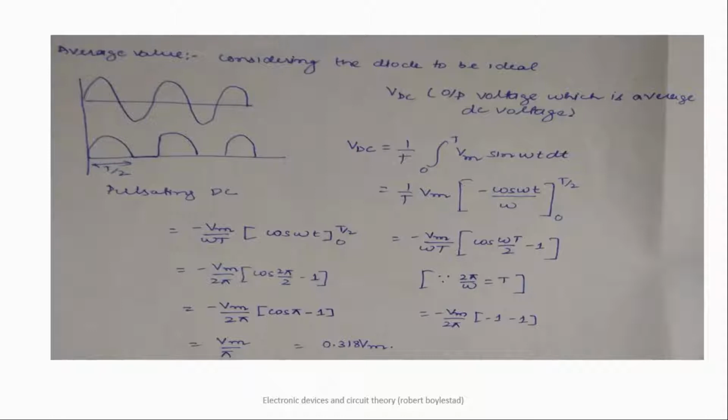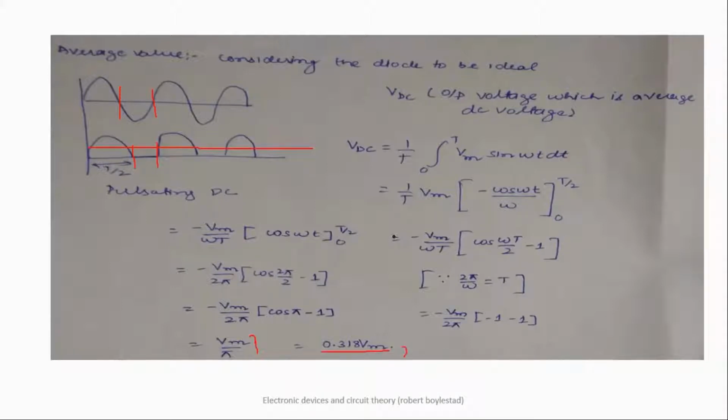In the case of a half wave rectifier, as one of the students was discussing with me, we are actually rectifying only half of the pulse. So is efficiency half? No, efficiency is much lower than that. Also, your DC is severely affected. Here you can see your DC has a value like this, so you take the average over this duration. It comes out to be Vm by pi, that is 0.318 Vm.